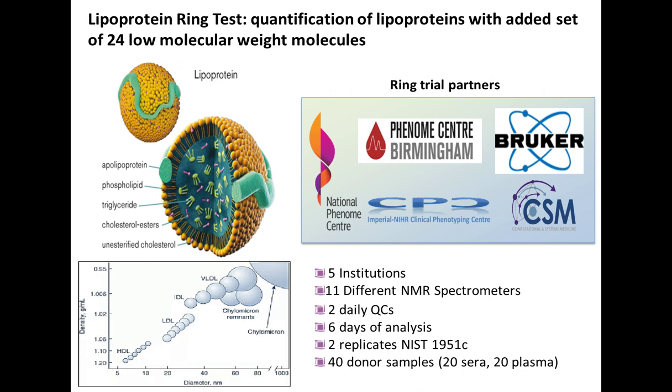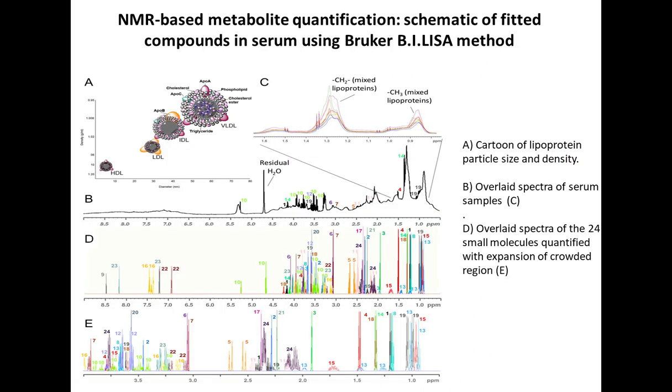quality control samples for 6 days of analysis, against 2 replicates of NIST samples, and then we looked at 40 different donor samples from real patients. Now, for a lot of the work we do for cardiovascular disease, for cancers, and just for everyday physiological variation, lipoproteins are very important. So using Bruker's BI-LISA method, we can generate accurate, quantitative data on 105 lipoprotein particles and 24 small